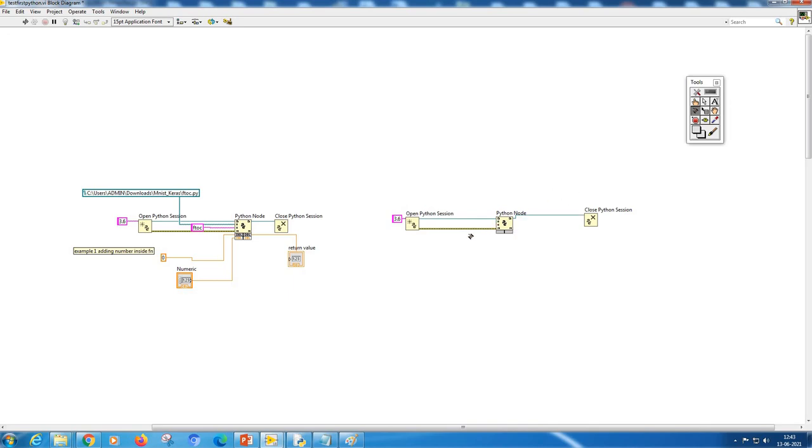Now the next thing is the module path. In the module path, you create a constant. It is asking where your file is sitting. You can see that the Python program is sitting in C users admin downloads, in the directory called mnist_keras.